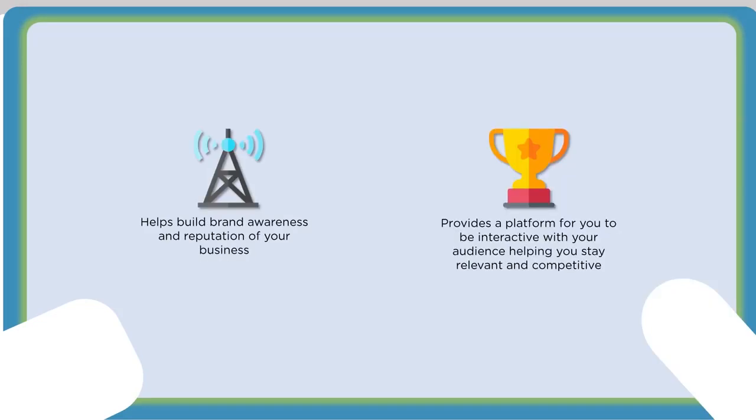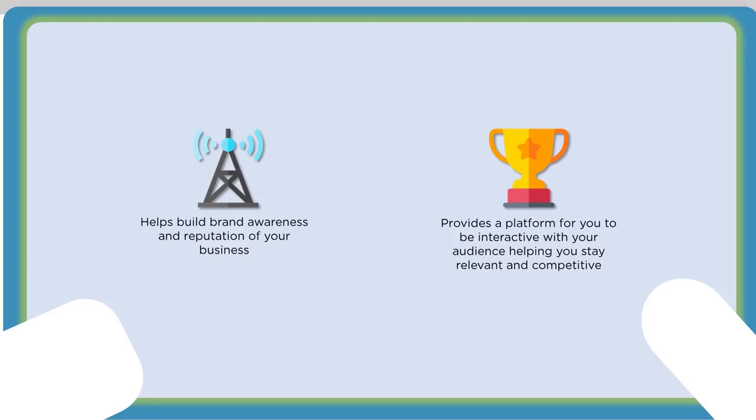Some other uses for digital marketing, it helps build brand awareness and reputation of your business. So when we say brand awareness, if you're just launching a company and nobody knows who you are, if we use Google Ads as our preferred method of digital marketing and establishing campaigns, we can choose that display network. That display network on Google Ads reaches a large amount of people. So you can really get your name out there and really target your intended audience and allow that targeted intended audience to really understand who you are, because they're going to see your ad in the form of a banner or in the form of a video or in the form of text. And so that's the beauty of digital marketing. You can really reach a lot of people and a lot of people who might be interested in your product